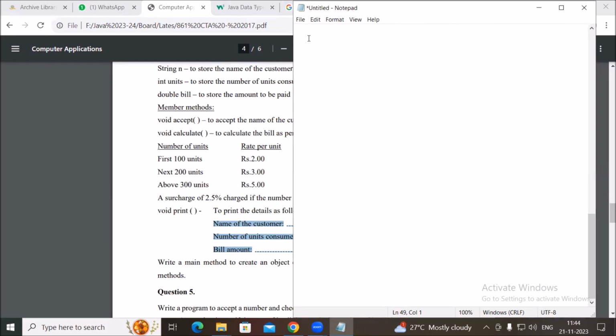So here I'm writing the program. So we'll have a class, as we have to take input now. So I'm taking import java.util.Scanner class as per your requirement. Class ElectricityBill,